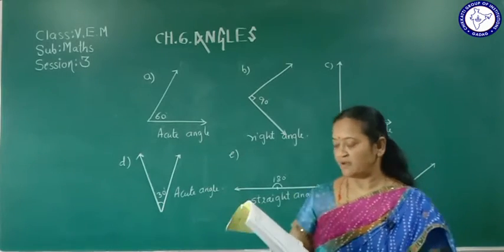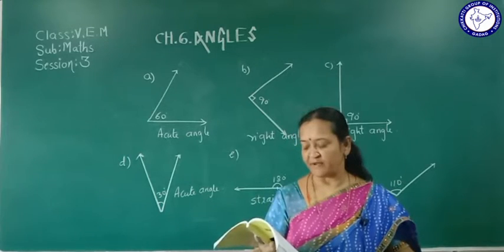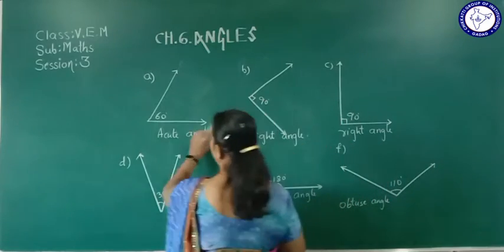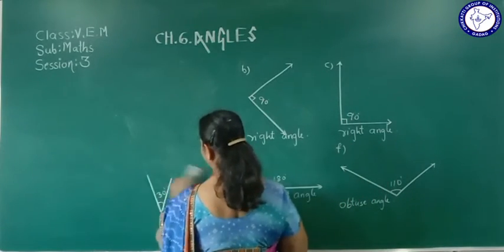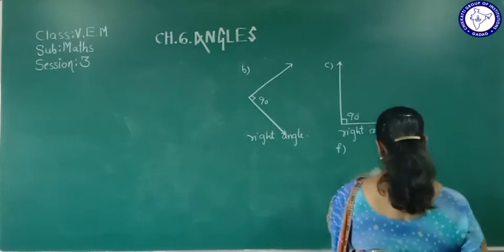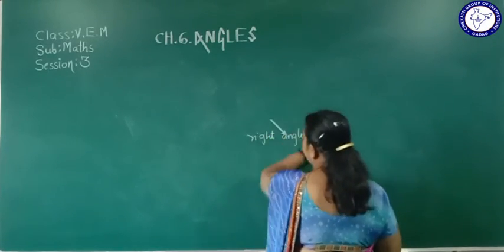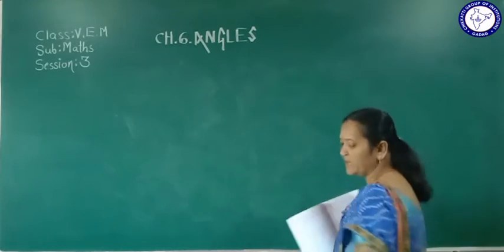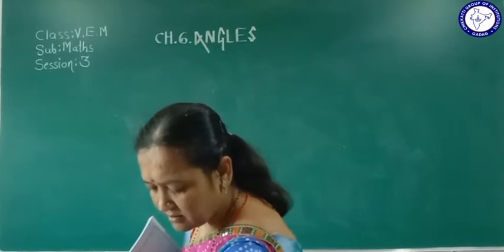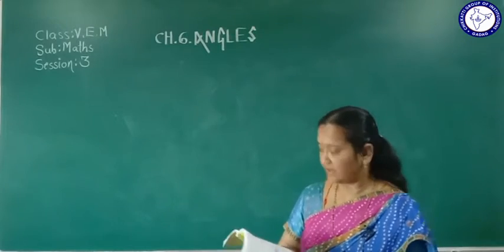Then fourth question, write your name using English capital letters. List the number of acute angles, obtuse angles and right angle in them. So here I will show you by my name. I will write my name and I will show you how to write the angles. So in your fair book should write your own name with English capital letters and you should name them, how many acute angles, how many right angles and how many obtuse angles. So here I'm writing my name.